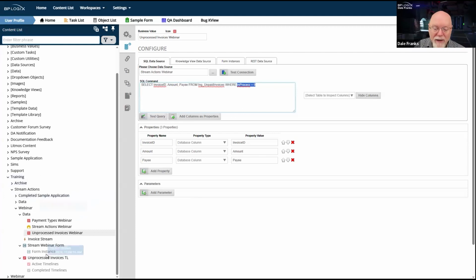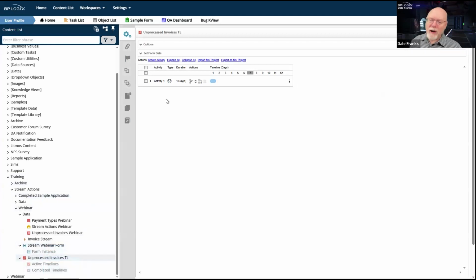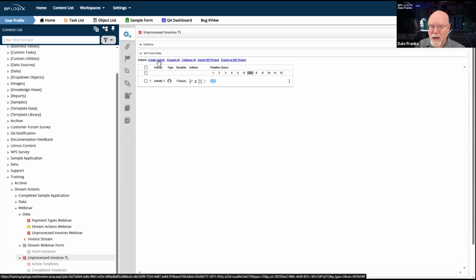And the only way to really fix it is in my process timeline. So when we did the process timeline, we kind of cowboyed our way through this. I created a user activity called activity 1, and that's all that we did. We're going to need to do a little bit more than that. We're going to need to round trip some data back and forth from the database. So I'm actually going to need 2 different SQL commands to run as part of this process to fix the problem of repeating this data over and over.